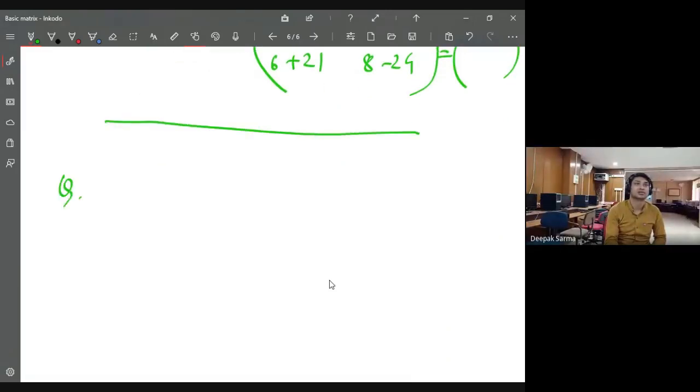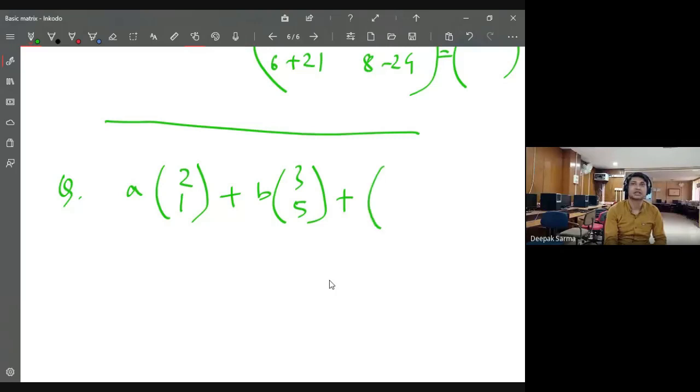Suppose I write A as 2, 1. It's a matrix because it is a 2 by 1 matrix. Suppose B, I choose 3 by 3, I should write 5 here. Okay, suppose 5. Then suppose I choose another matrix, suppose 4, 5, and suppose this one is equal to another, suppose 15. Now again the question is, can you find it? What is the question?